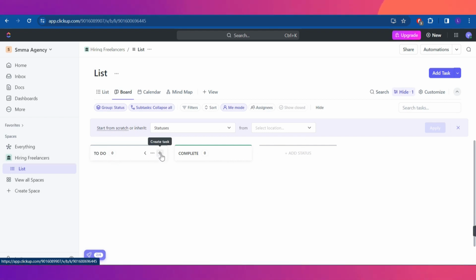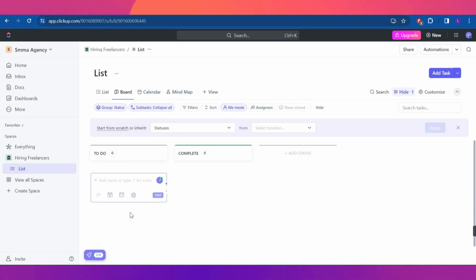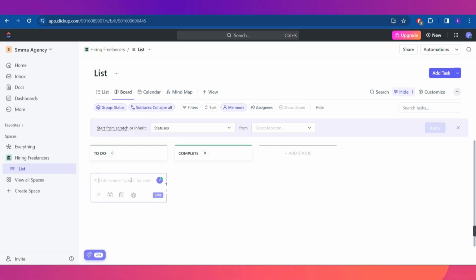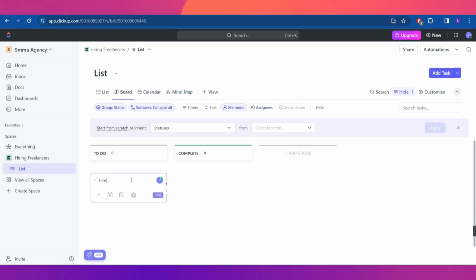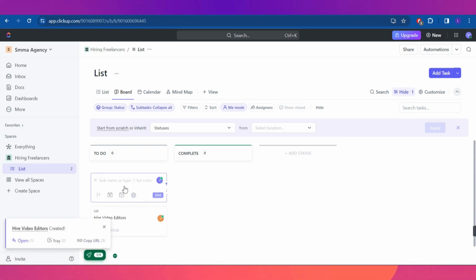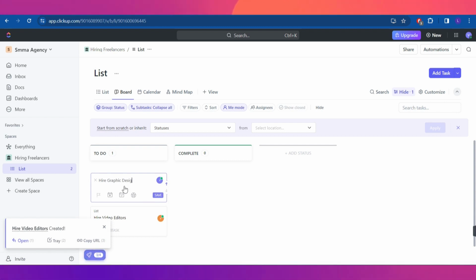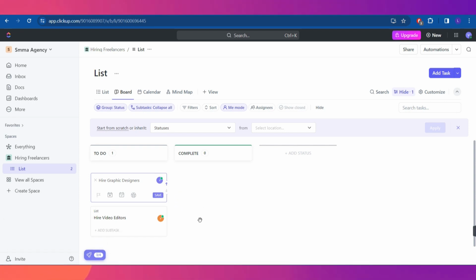So in the to-do list, you will have to click on this plus icon and this type of dialog box will open in front of you where you will have to provide your task name. So in the hiring freelancer, let's say I want to hire video editors and graphic designers. So I will simply type hire video editors and the next task is to hire graphic designers. So I've added these two tasks into my space and if you click on it, then you are going